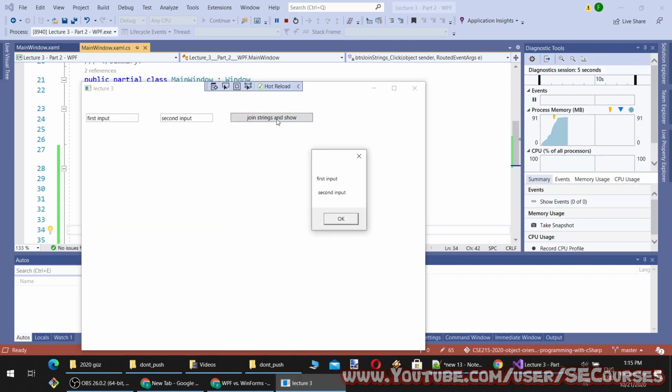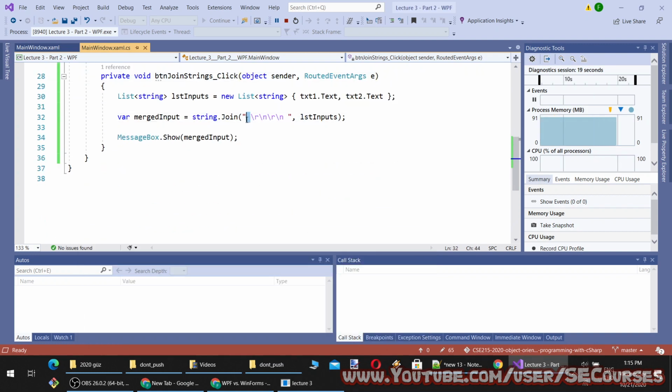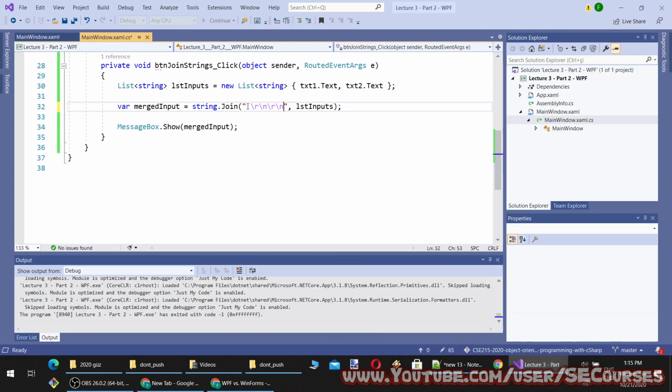When I click the button, the first input, and then there are several new lines, and there is second input. You see they are slightly different aligned in the left. That is why we have put here an empty character. I'm going to remove empty characters and run again.